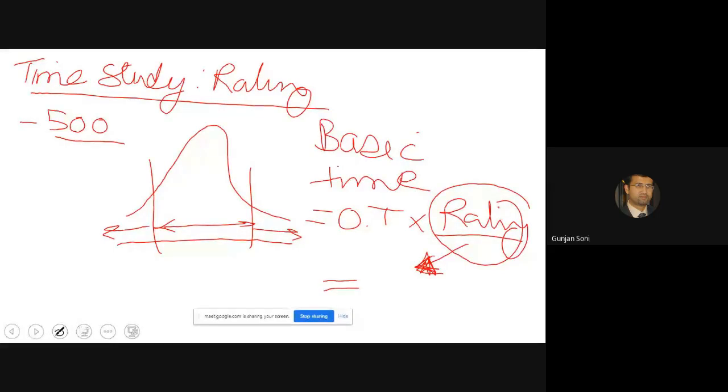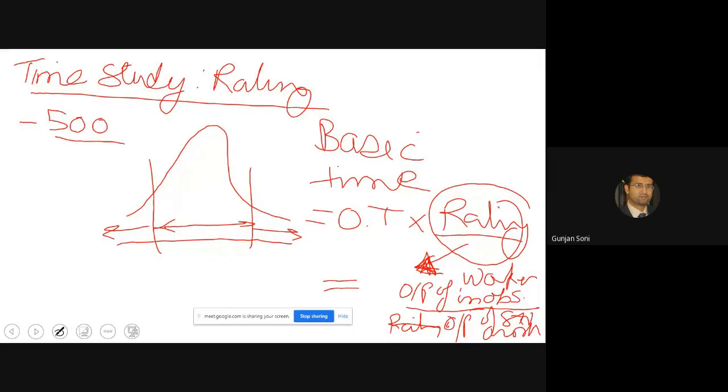Okay. So rating can be given as the output of the worker in observation in the numerator, divided by the output of a standard worker. Generally, the output of a standard worker is taken as 100.